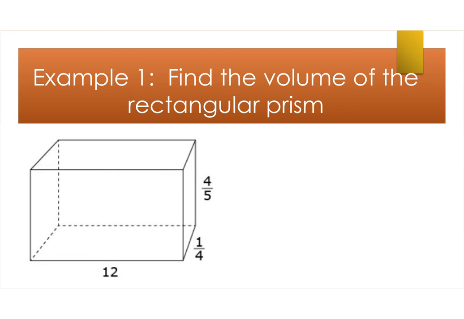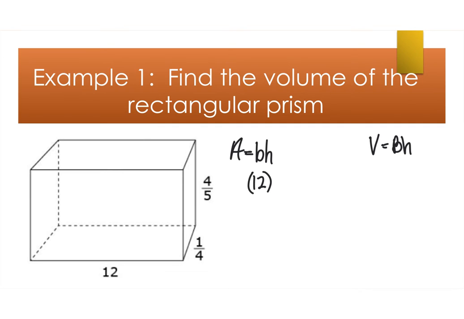Find the volume of the rectangular prism. So we're going to start the way we always do, and we're going to write the formula. So V equals big B times height. Well, we need to know what the base is, and we're going to need to write the area formula as well. So the base is a rectangle. So area for a rectangle equals little b, or the length of the base, times the height. So I'm going to take the length of the base times the height of the base,